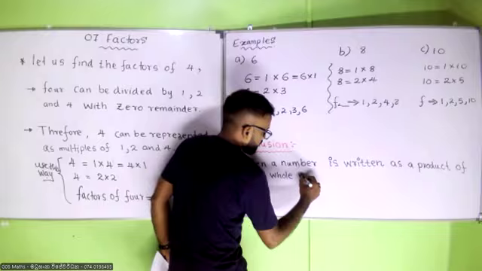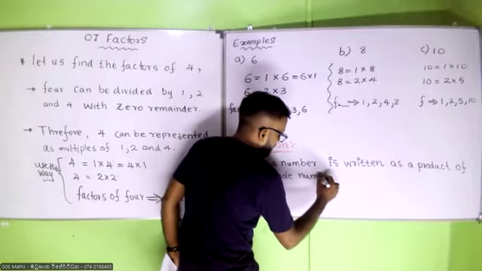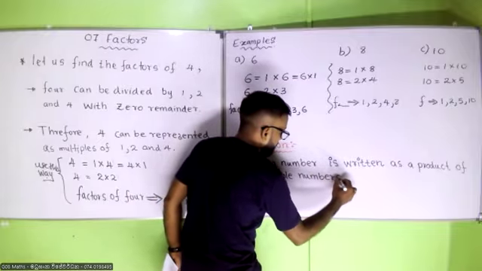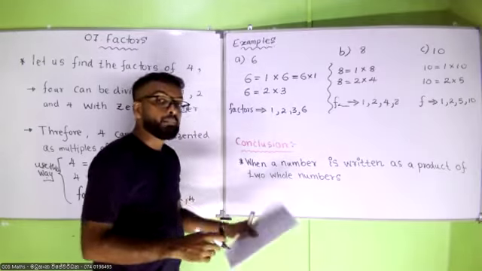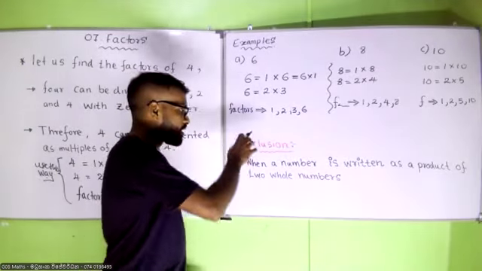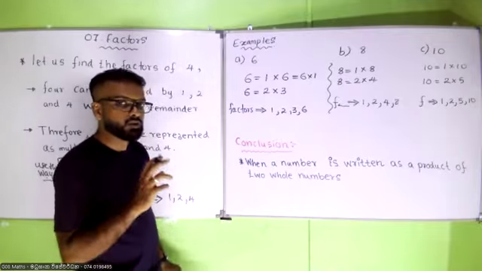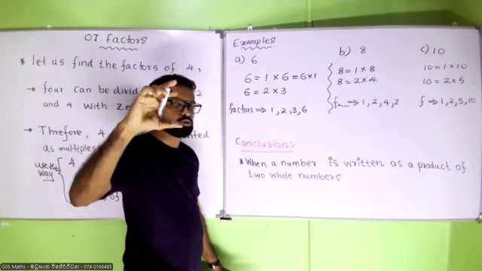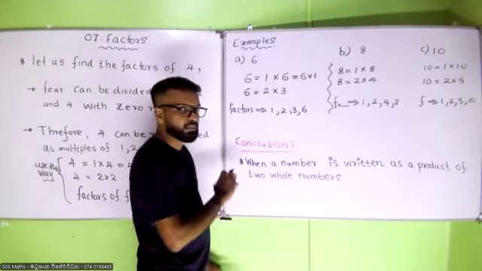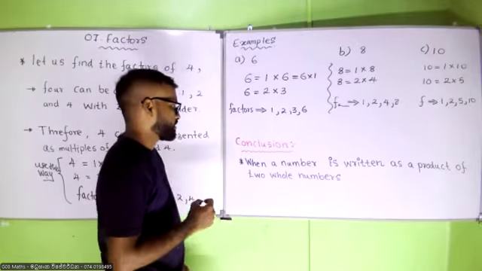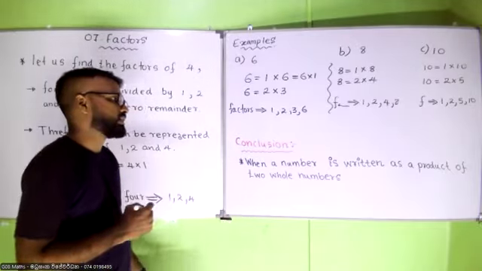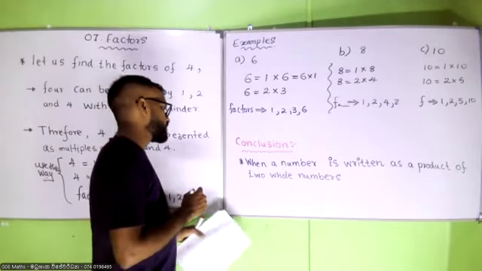two whole numbers. Sir, what is the page you are writing? Page number 1. Page number 1 below part. I told you before, you have to keep like 2 to 3 centimeters space at the bottom. When a number is written as a product of two whole numbers,